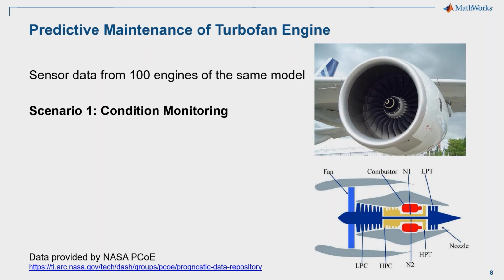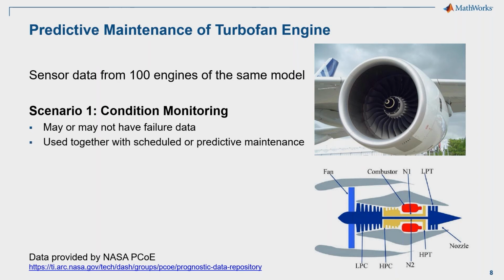Okay, so our first example, we're going to be doing that condition monitoring, like I said. Now, I want to set out a few sort of assumptions that we're going to be working with. First thing is that we may or may not have failure data recorded, right? Think about these sorts of systems. We really don't want things like jet engines to fail. So capturing failure data in the real world is very difficult, right? And we don't want it to happen. So there's no guarantee that we even have failure data to begin with.